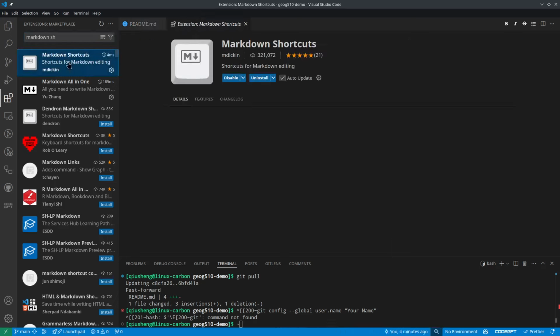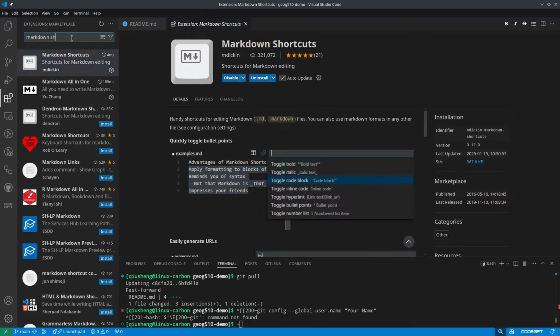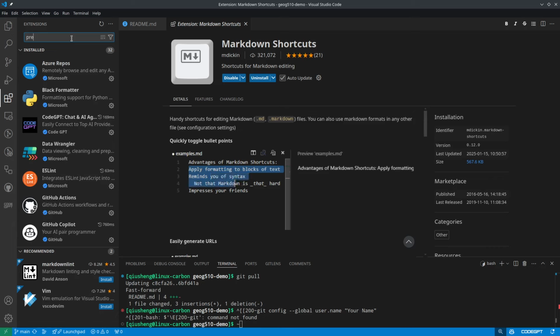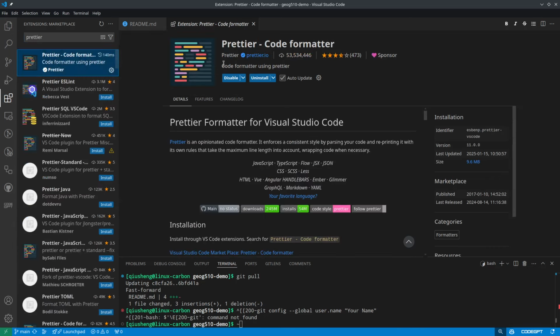Click it, install it. The next one is Prettier, P-R-E-T-T-I-E-R, Prettier code formatter. Install this too. Then it will make your